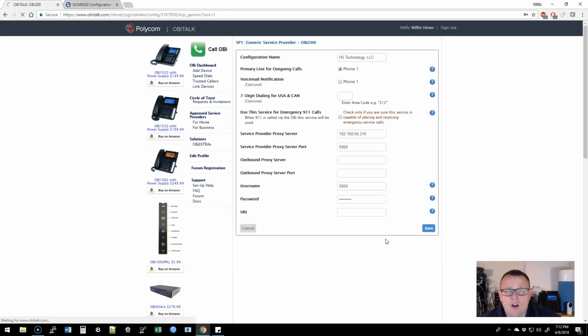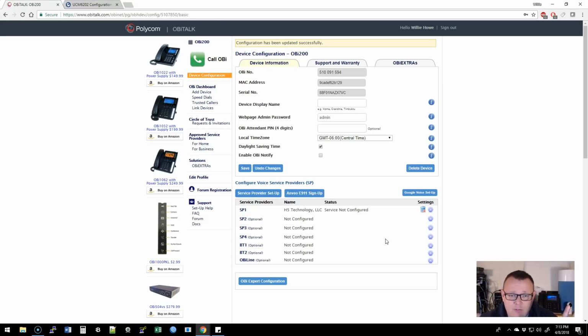Now, Obihai has wizards that walk you through setting up all of those services, so it is all really this easy. Now, if the service goes away and you have to use the web interface, it's not going to be quite as easy, but it's still going to be easy. Now, the device does have to reboot after you add a service to it, so we'll go back over here to the